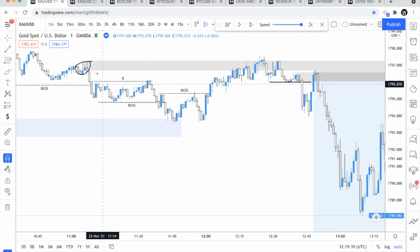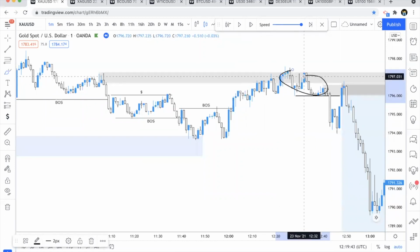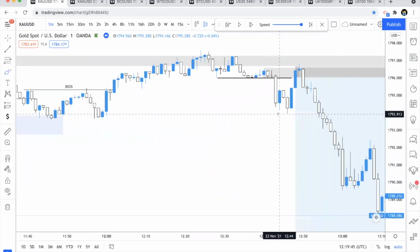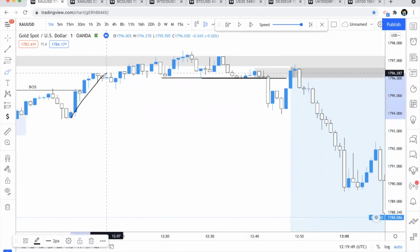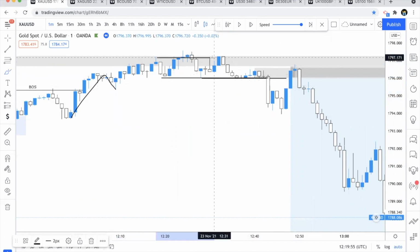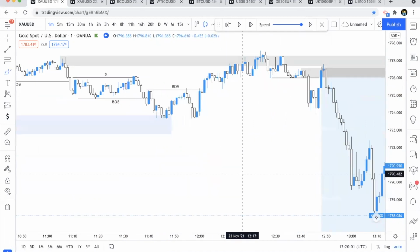And once it was tapped, I didn't rush into the trade to sell it off from here. As you can see, I was waiting for my break of structure. Now I see the order flow going up here. It was push phase, retrace, push phase, retrace, push phase, right? No serious break of structures above this order block. So therefore, I was looking for what I would consider